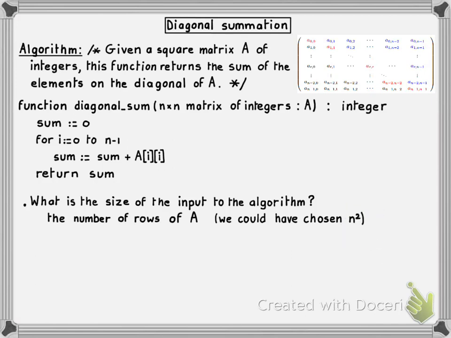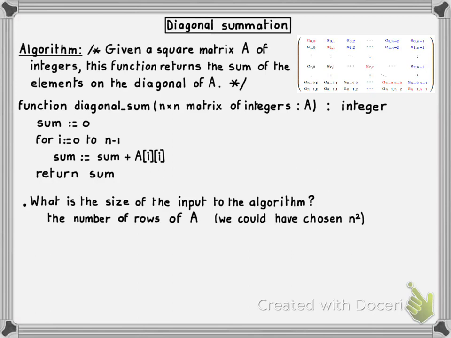Either choice is valid. I'll let you do the analysis with this definition of the input size, but for the rest of this lecture, we're going to use the number of rows of the square matrix as a measure of the size of the input. So n from now on will be the number of rows in a square matrix. Now that we have defined the meaning of n in the time complexity f of n of the algorithm,